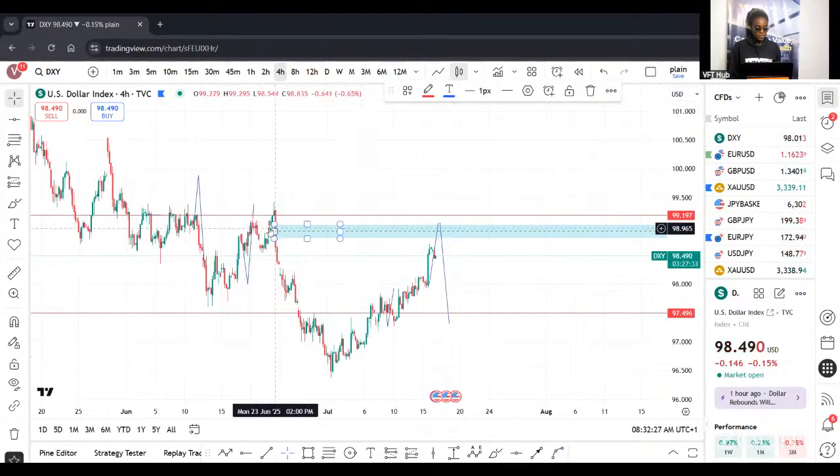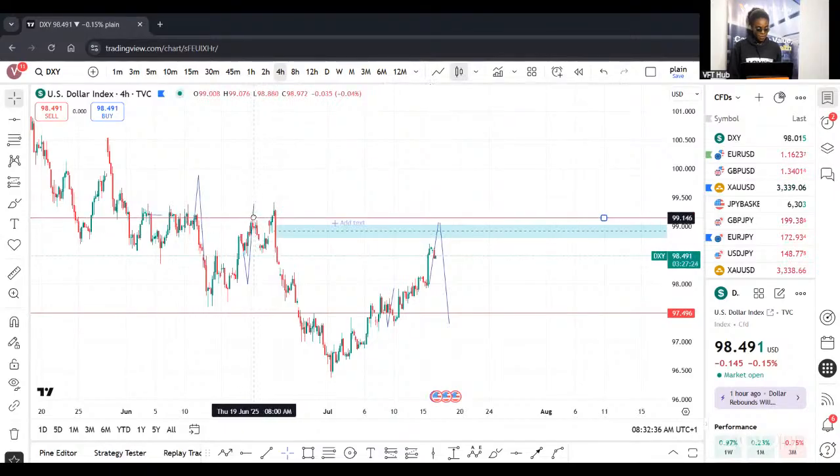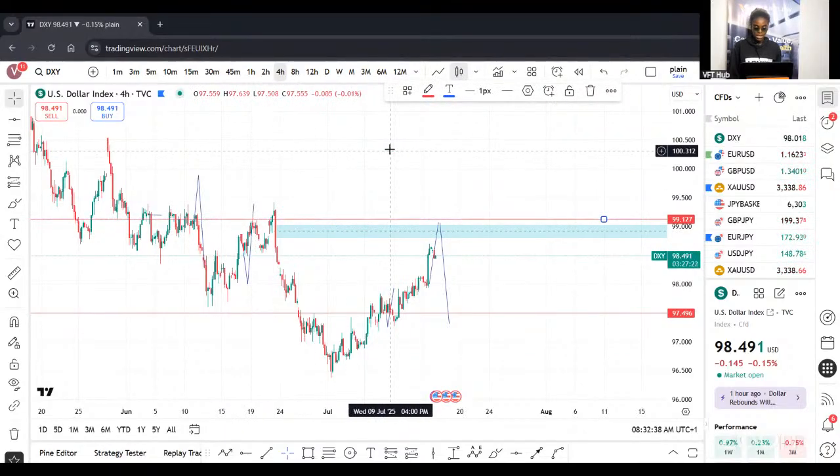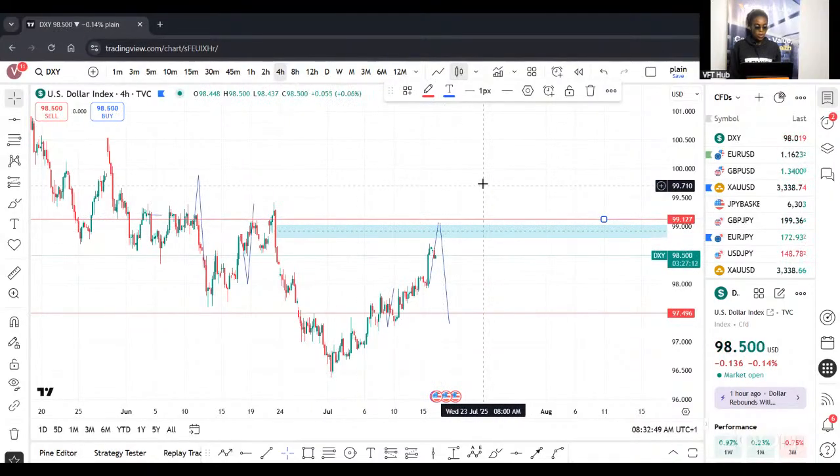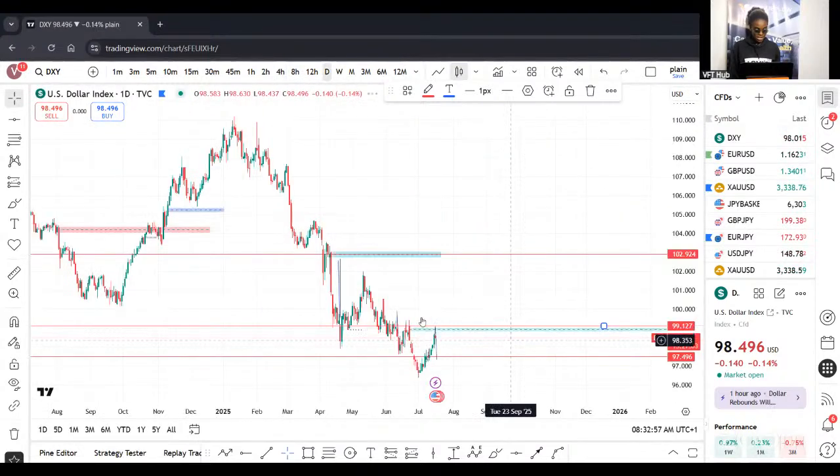On the 4-hour time frame, there's even the box pattern strategy for a sell right now. The shoulder right here, the shoulder at 99.127. We've seen a sweep to the upside and a break to the downside. We may see price react once price trades into this left shoulder at 99.127. Although I'm still bearish on the DXY, if I see price take out this daily high, then